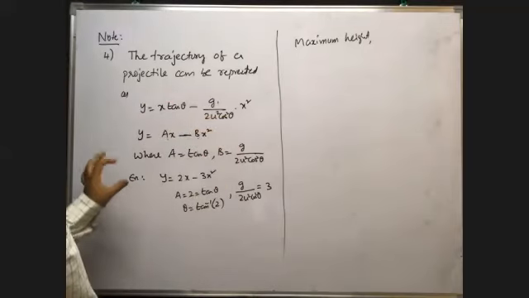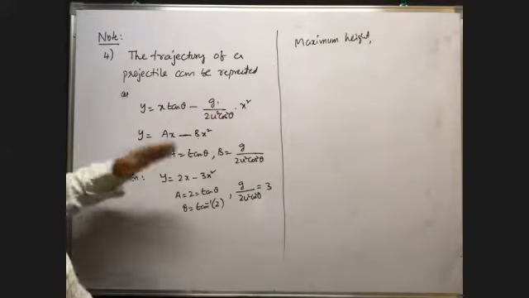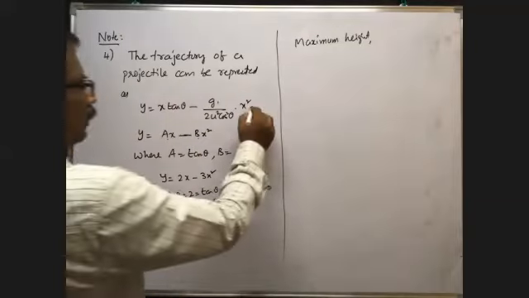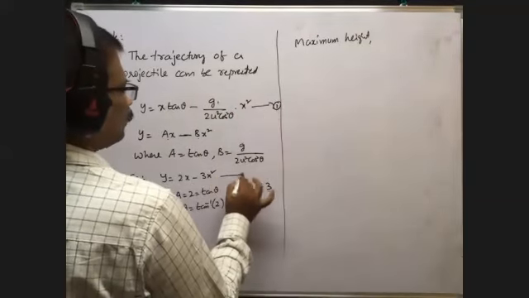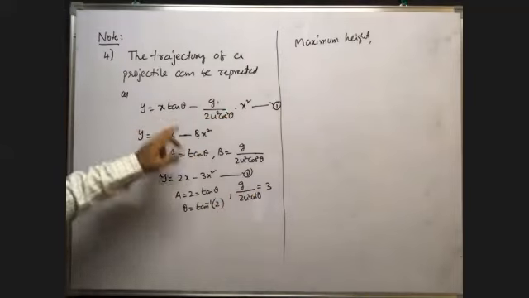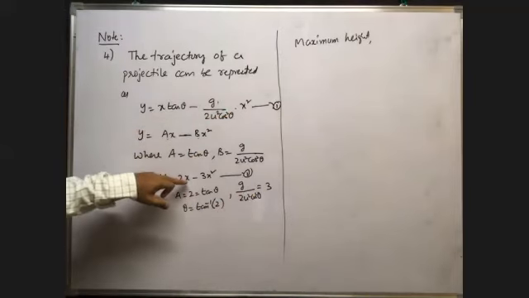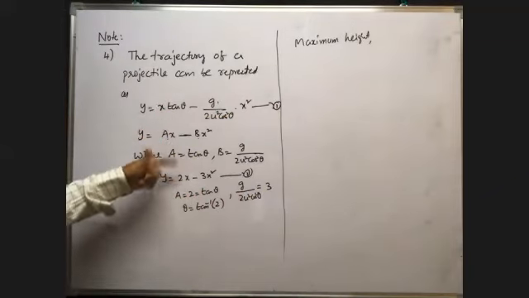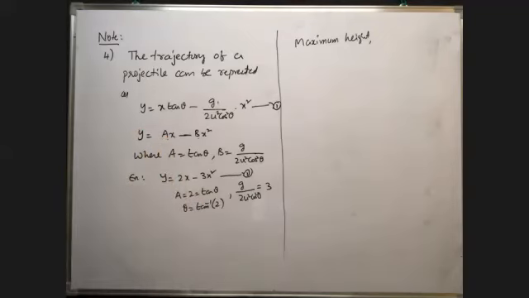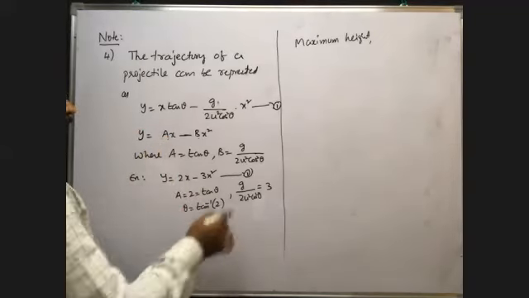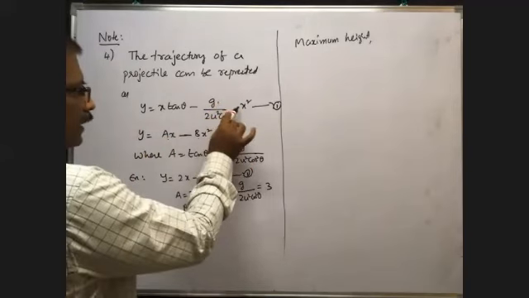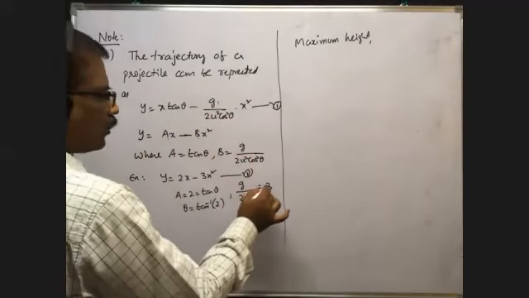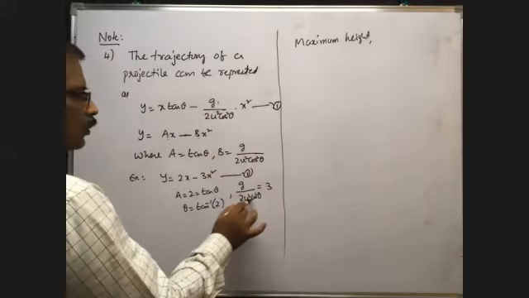Okay, suppose, as one example, the path of the projectile is given by an equation like this. When you compare equation 1 and equation 2, instead of tan theta, 2 is there. The x coefficient is 2 here, and the x coefficient is tan theta in the general equation, so a is equal to 2. A means tan theta, so the angle of projection is given. Next, when you compare these two, the x square coefficient is g by 2u square cos square theta, and here it is 3. So we can write g by 2u square cos square theta is equal to 3. From this, as theta is known, u can be calculated.